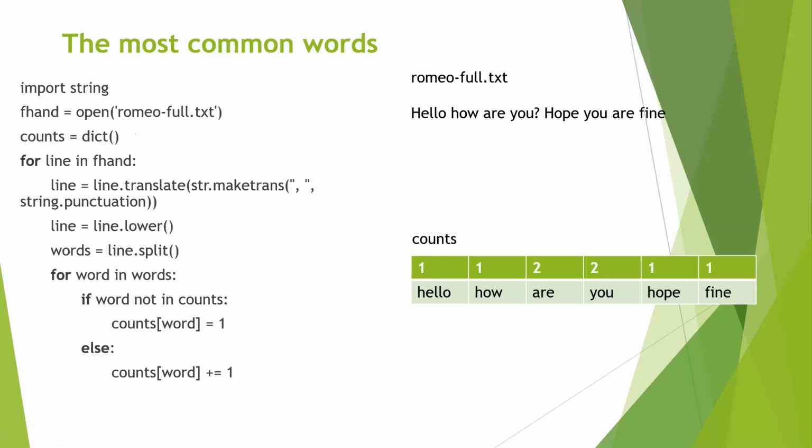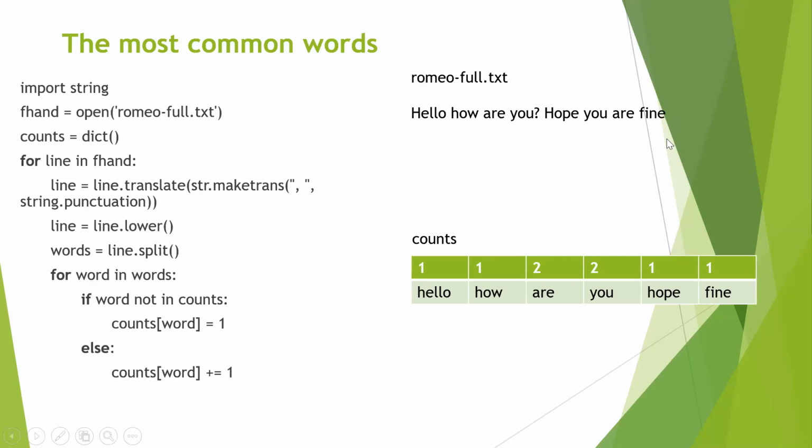Now, a simple example using tuples, wherein I want to get the most common word. Say I have a file called romeo.txt, and I want to fetch the most common words in the file. Say I want to get the first 10 commonly used words in the file. So in this file, if "hello, how are you, hope you are fine" is the text given to me, which are the most common words over here? Hello is used only once. How is used only once. Are is used twice. You is used twice, and so on. So whichever are the top 10 most commonly used words, that you want to fetch and print.